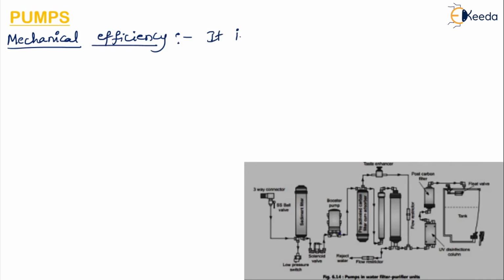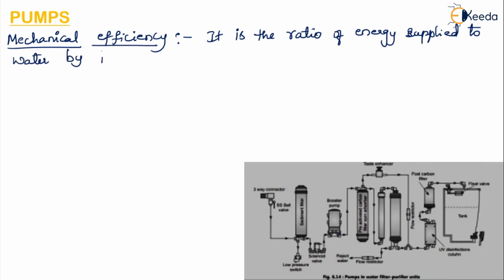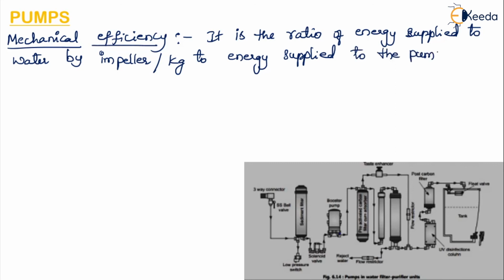So the mechanical efficiency will account for the mechanical frictional losses such as coupling, then windage,